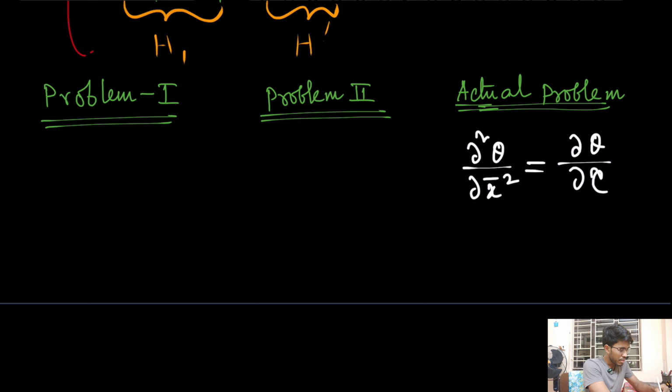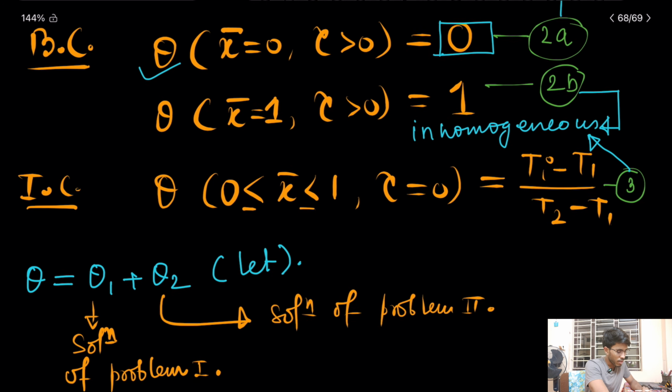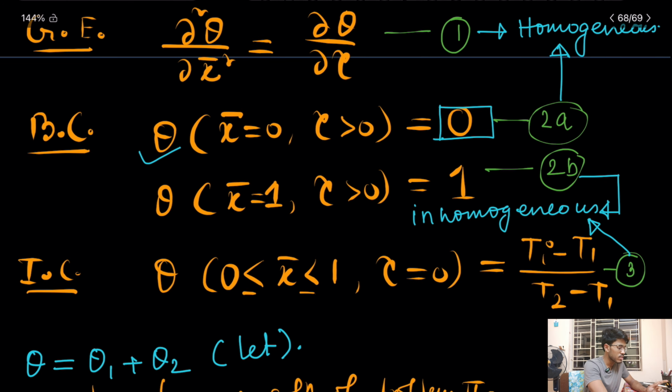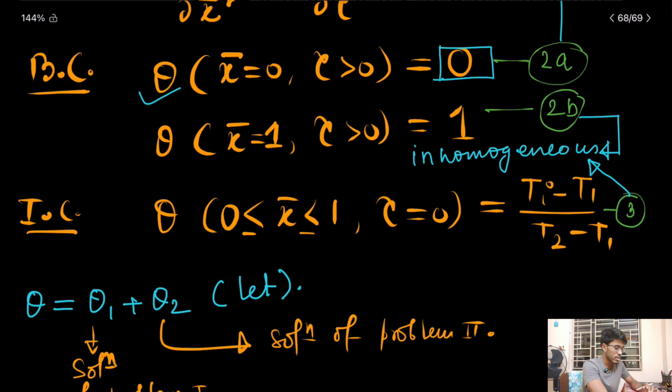Now you see I can break this problem like this. Now during breaking the problem you should keep in mind the purpose of breaking the problem. So what was the purpose? That is because I have two homogeneous and two inhomogeneous equations. So had I had three homogeneous equations and one inhomogeneous equation, then I did not have to break this problem into smaller problems. So what I have to do is I have to break the problem in such a manner